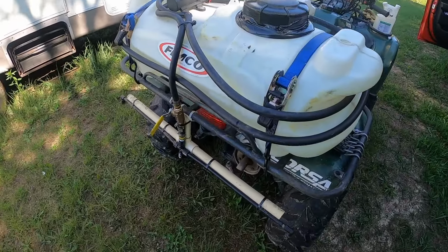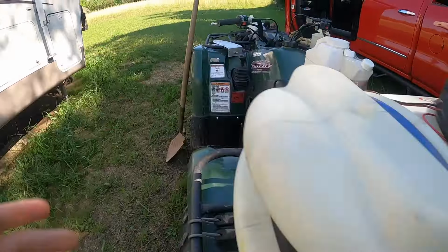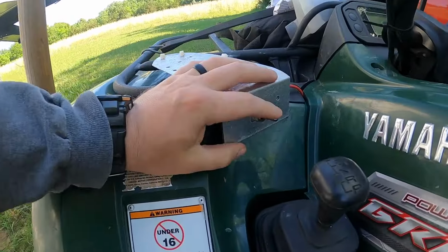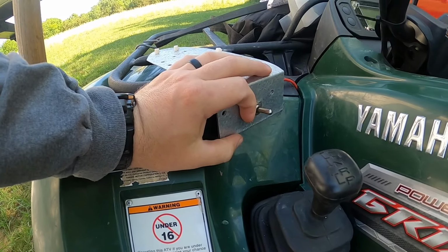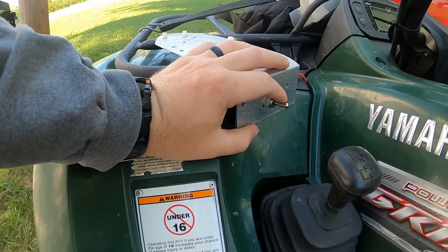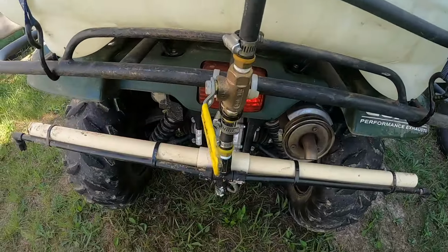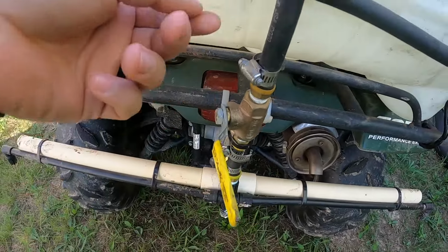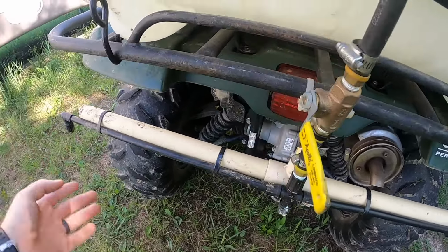So here's my sprayer on the back of my four-wheeler. Again, it's just a little 15-gallon sprayer. We have a little toggle on and off switch up here on the front of the four-wheeler. So when I want it to not spray, if I gotta turn around or go somewhere that I don't want to, I can flip this on and off and it'll turn it off immediately. We also have a little control valve back here. If I flip this up, that allows the water to go through so I can't have anything seeping out,